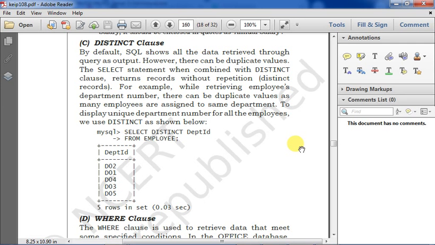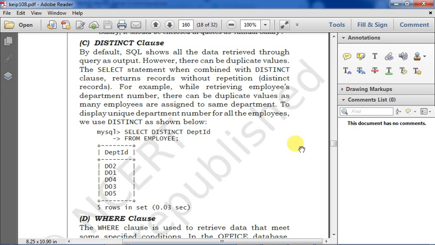The select statement, when combined with the distinct clause, returns records without repetition, meaning the duplicate values will not be displayed. For example, while retrieving employees' department numbers, there can be duplicate values as many employees are assigned to the same department. To display the unique department numbers for all the employees, we can use the distinct clause, as shown over here.